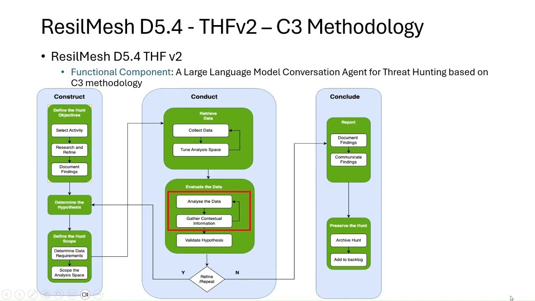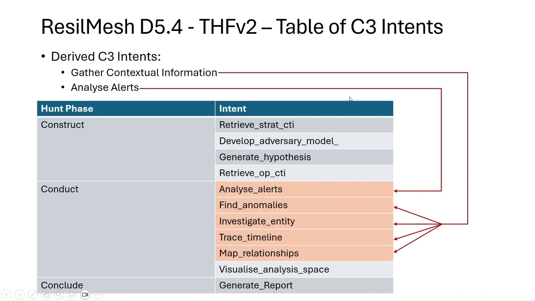The primary step of our conversational agent is to identify a set of functional threat hunting intents from the diagram which can be implemented, and the LLM can provide support in identifying these intents. Defining a fully automated agentic C3 process is beyond the scope, and many of these C3 intents are of varying granularity. For our THF component, we converged on these consolidated conduct stage intents highlighted in this table of intents. These optimal threat hunting intents correspond to the 2 highlighted conduct intents from our earlier diagram and are implemented in